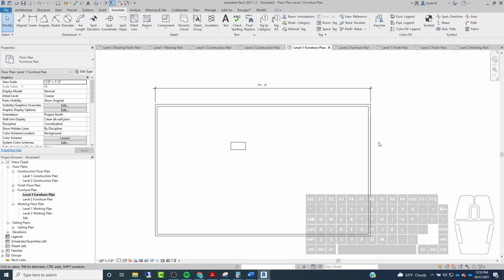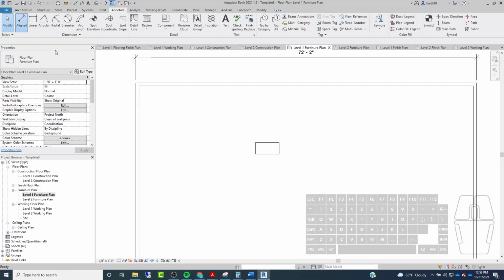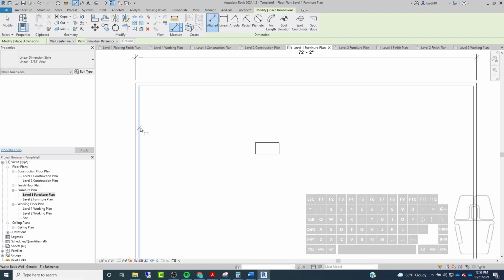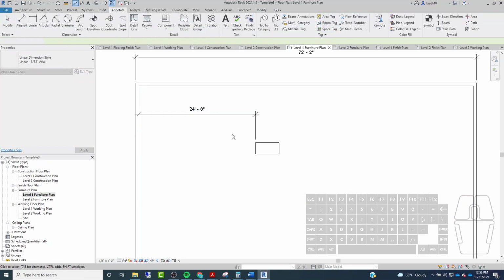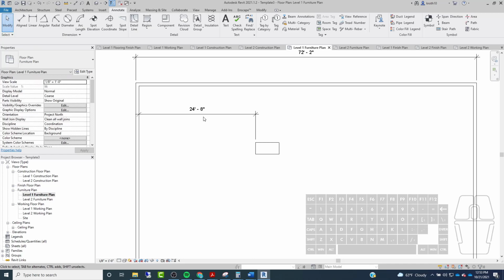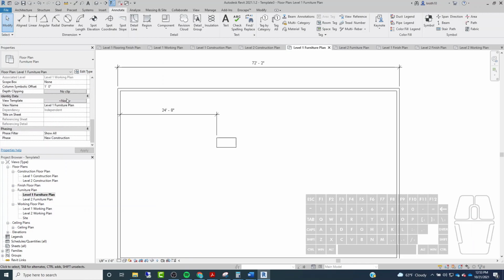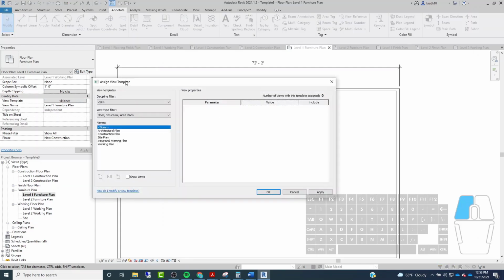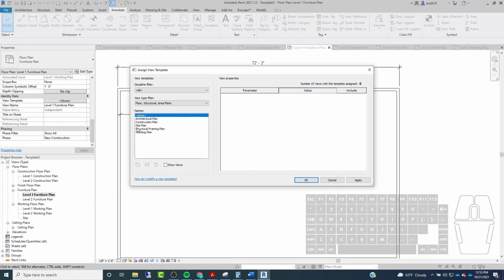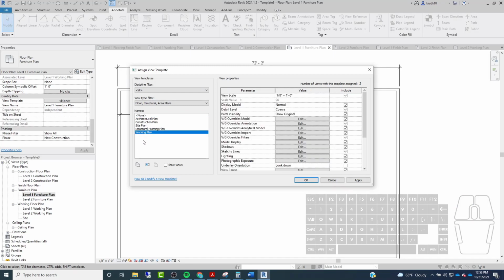And sometimes you might want to see dimensions in a furniture plan view. So for example, if for some reason you wanted to show the distance of an object away from a wall, like maybe it's really specific, you might want to show dimensions, but sometimes you don't want to show those dimensions. So you could come in here and you could actually do multiple different view templates. So if you wanted to have just a regular old view template for furniture plans,